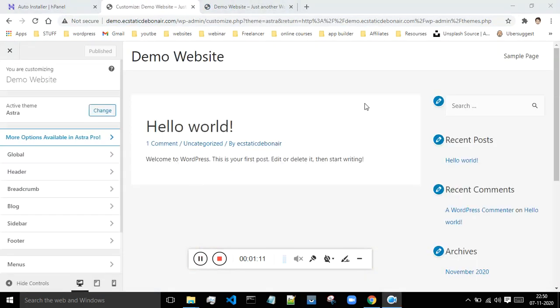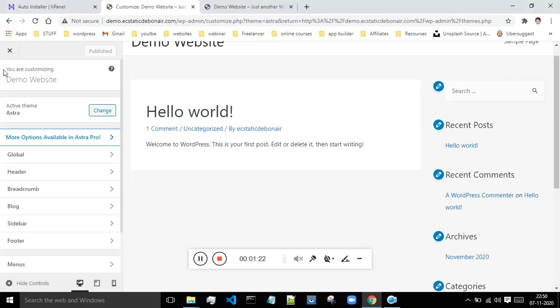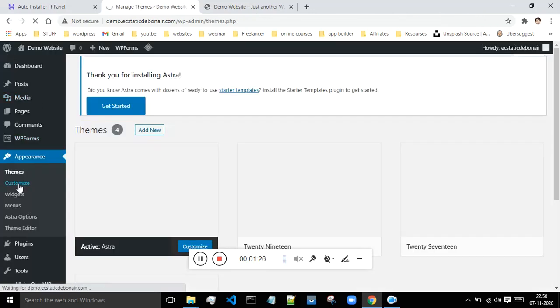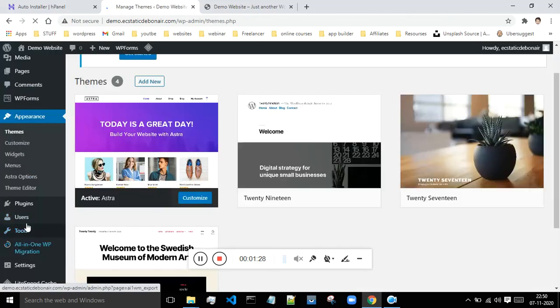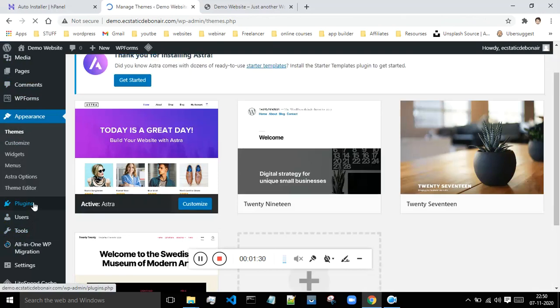Once you click on Customize, you will get an interface something like this. This is not so good looking, and as a beginner you will not be able to customize anything over here because it is a bit difficult. So I have one shortcut for that. Just click on this cross and get out of there, and now search for Plugins over here. Click on Plugins, Add New,